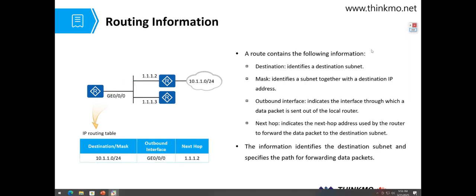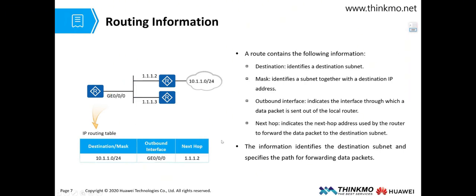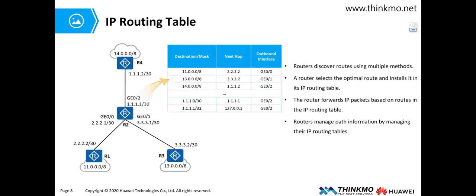If during this process we now see this routing information, in the future, they will all form an IP routing table. Within this routing table, routes can be discovered in many ways. The router will select the best route to place in our routing table. Of course, when I say the best route, I mean that its subnet and mask are the same. If I learn through different methods, for example, here